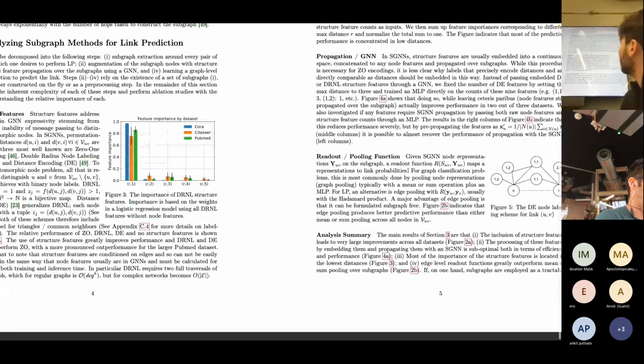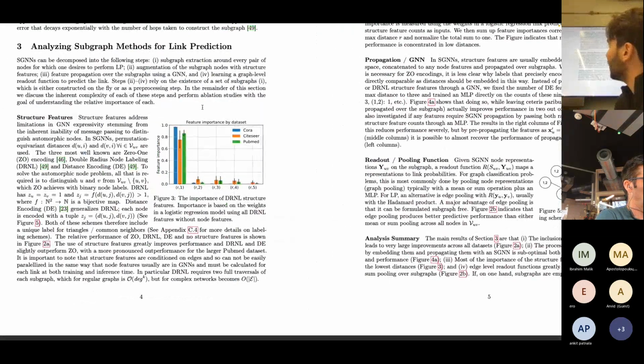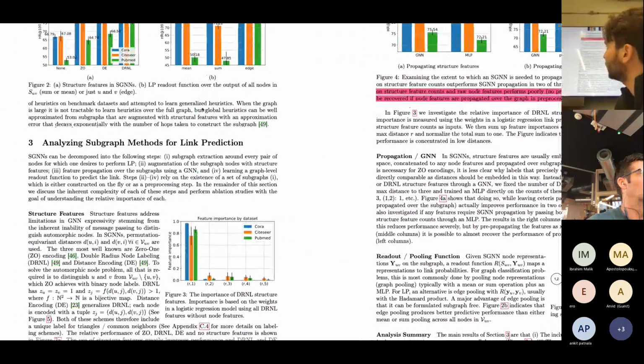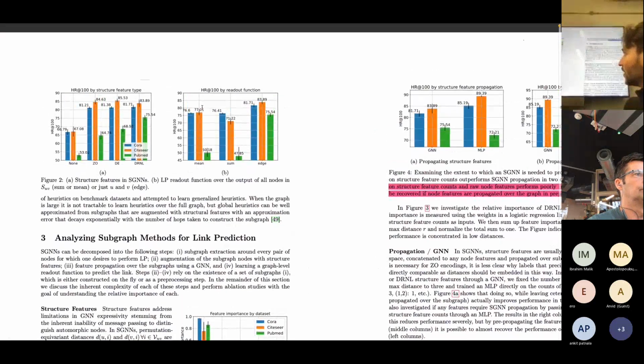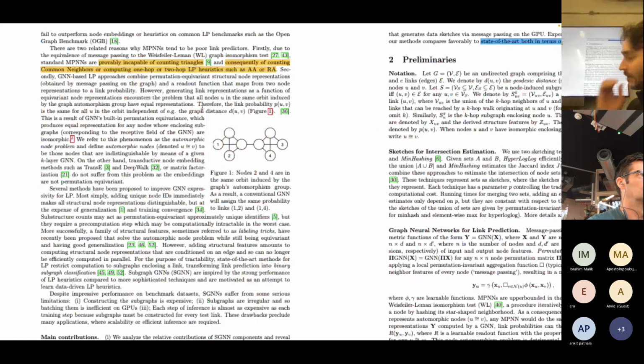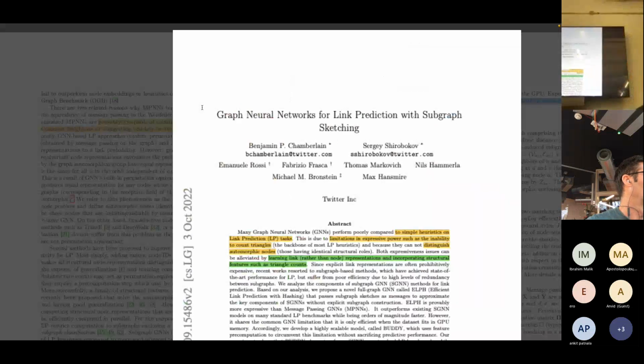I can't find it exactly, but there's a point when they talk about how there's such a thing as automorphic links and automorphic nodes. And the point that they're making there, sorry, I'm not going to be able to find it, so I'm just going to scroll up to the top and discuss it. So